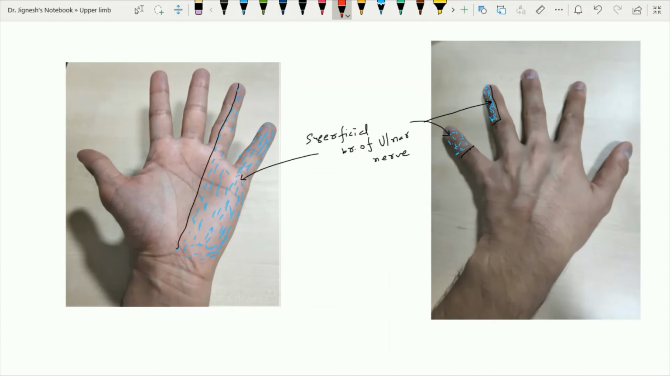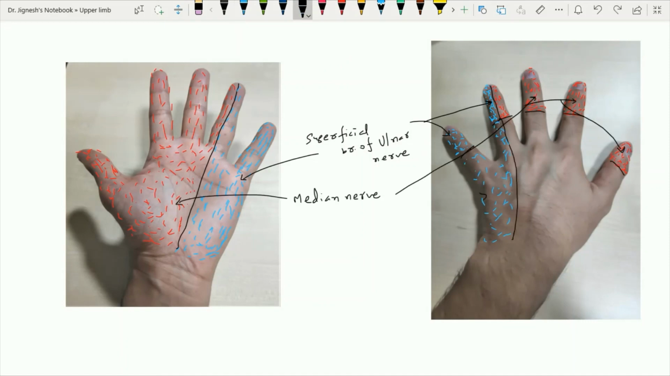while the lateral aspect of the palm as well as the lateral 3.5 fingers are going to be supplied by the median nerve, and this median nerve is also going to supply the dorsal aspect of the lateral 3.5 fingers up to the middle phalanx. And in the thumb, it is going to supply the skin over the dorsum of the distal phalanx,